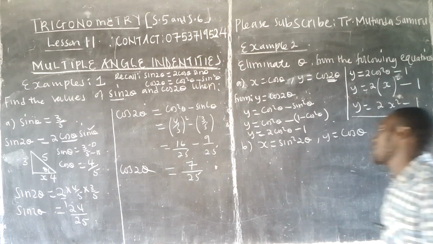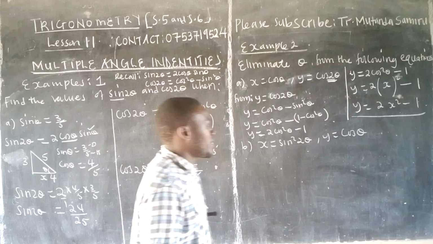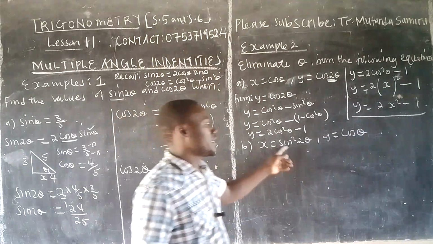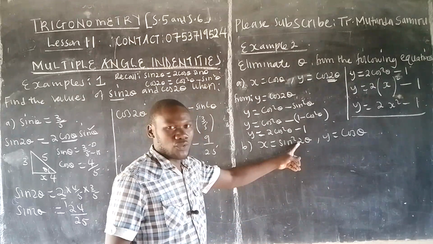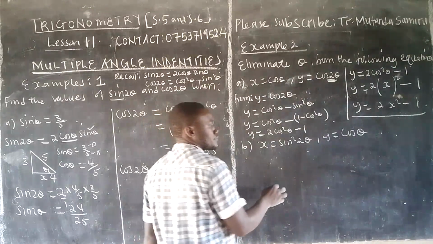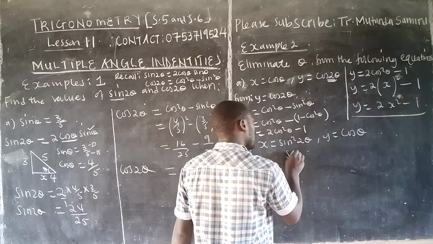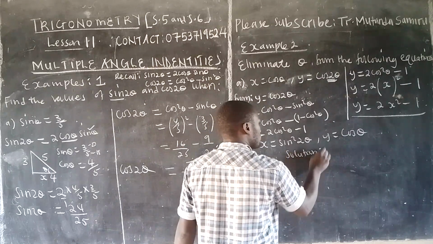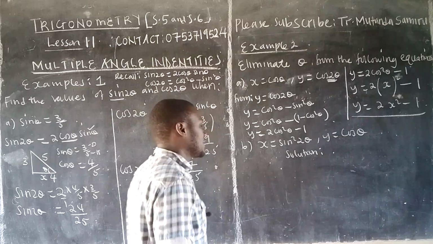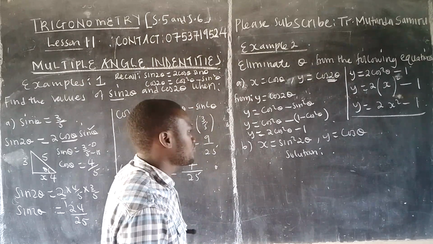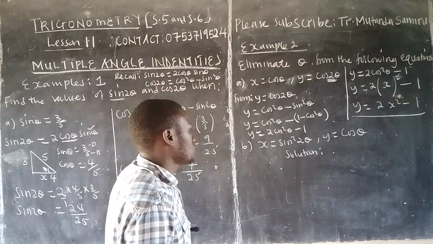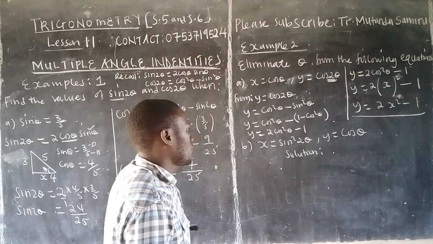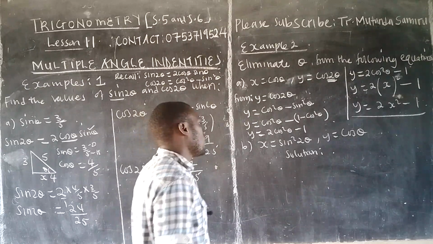Okay, good. Next, we have x is equal to sin squared 2 theta, comma y is equal to cos 2 theta. I told you, pay attention to these ones with the 2. So we shall now say solution. Where should we begin from? Where can we begin from? Okay. With this, we can say